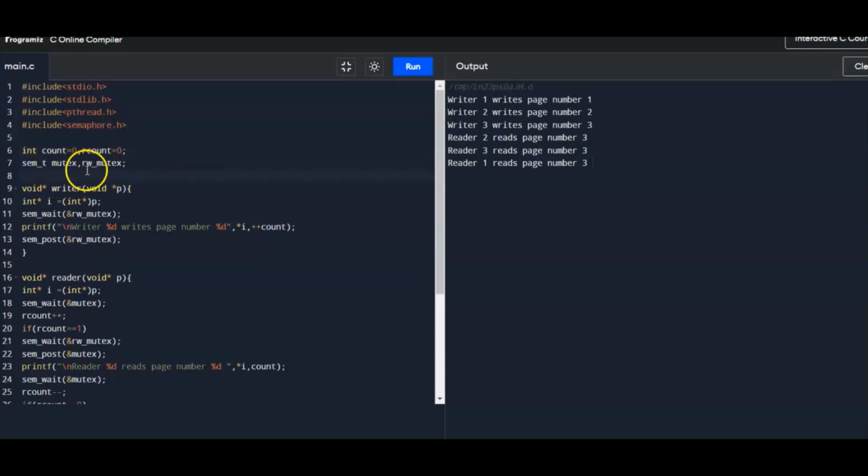We are using two semaphores here: mutex, which is used to update the rcount variable. The readers share rcount, right? They increment the rcount before reading, and they decrement the rcount once done reading. That is updated using mutex, and RW mutex is used by the reader and writer processes for exclusive access to the